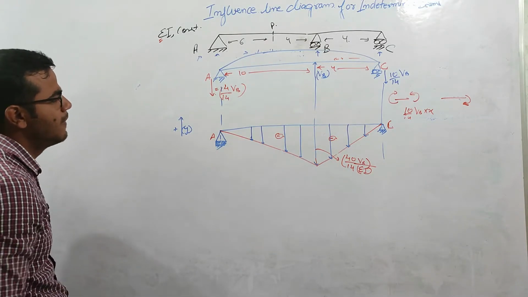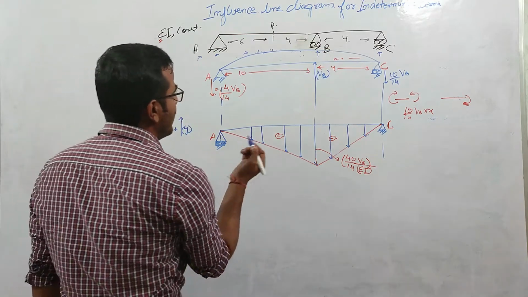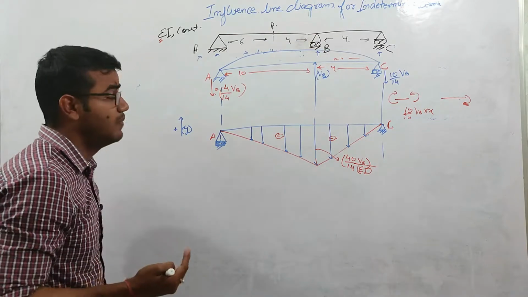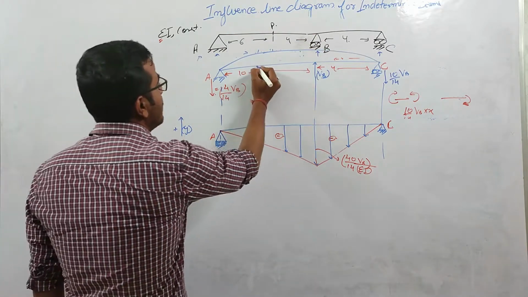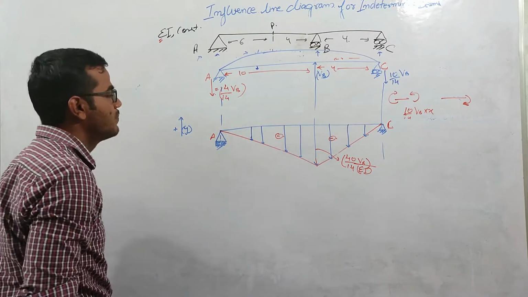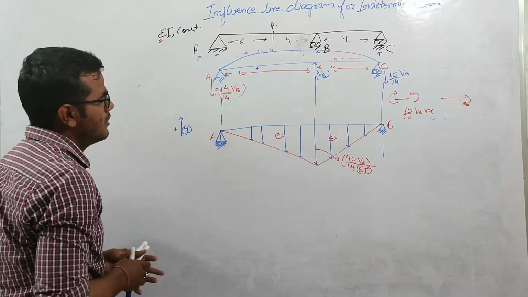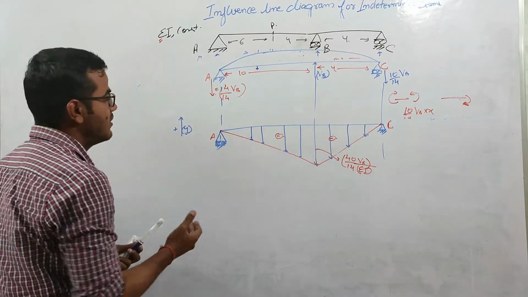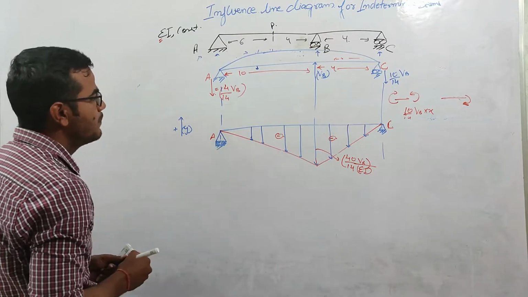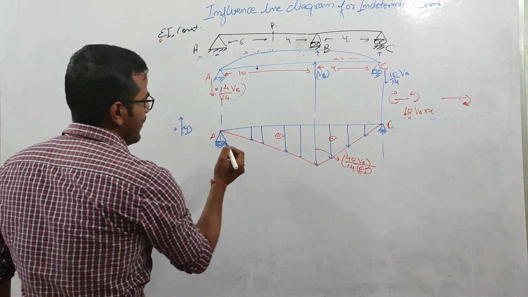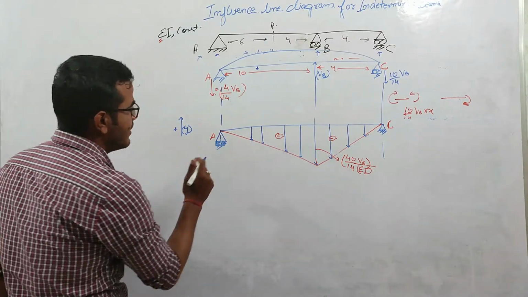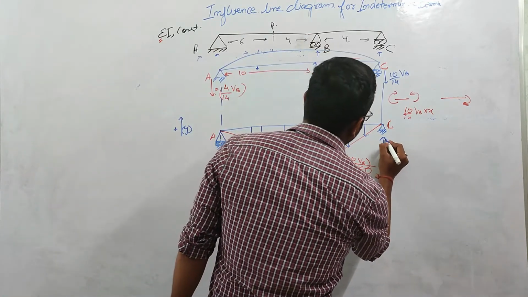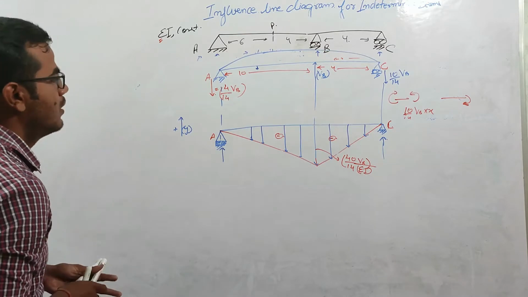Now we need to find the moment at a distance x, and that moment will be the deflection curve in the actual beam, and the actual beam is here only. This is our actual beam. At first, this is our curvature loading, so we need to find the reactions generated at supports A and C in the conjugate beam. By looking at this loading, we can say that the reaction at support A will be in the upward direction, and at this point also it will be in the upward direction.